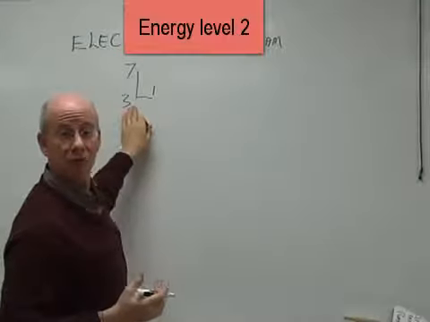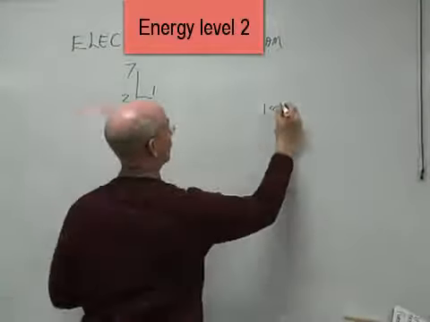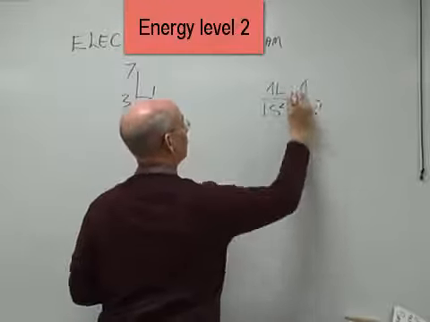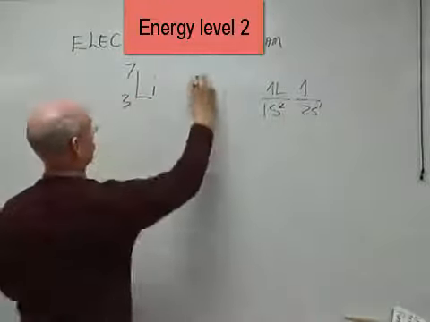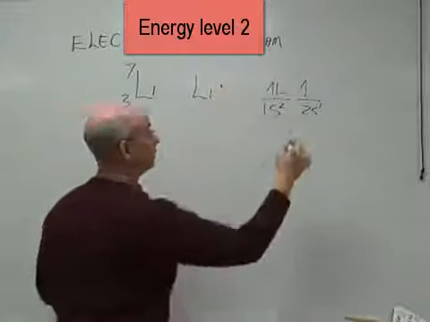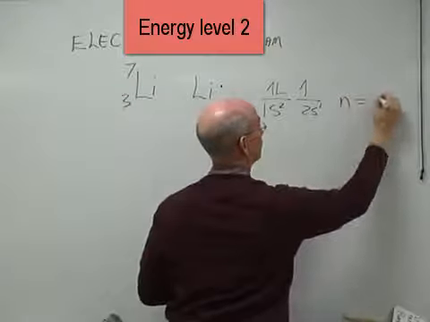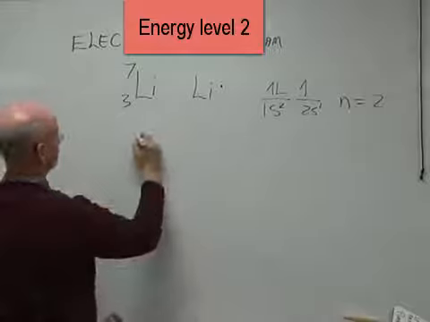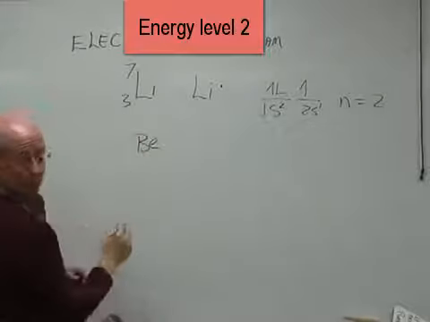Energy level 2 begins with lithium, and lithium would have to be 1s2, and then 2s1. There's 1 left. There's 3 electrons there. So we would draw it like this. Just 1 dot. Notice this is n equals 2. Second energy level. And if we did beryllium, which is the next one,